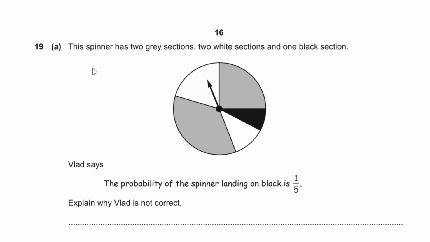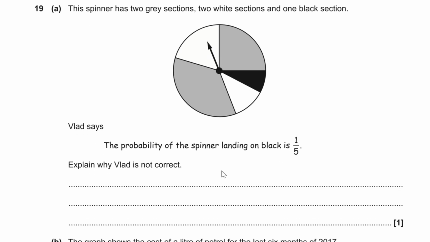Question number 19. For part A, this spinner has 2 grey sections, 2 white sections and 1 black section. Vlad says the probability of the spinner landing on black is 1/5. Explain why he is incorrect. Well, over here, if we work out the angle represented by black,